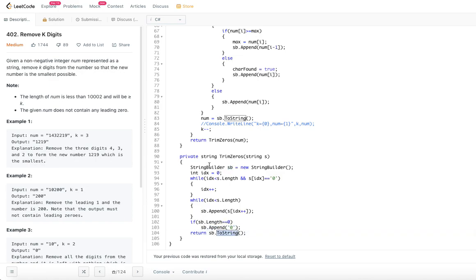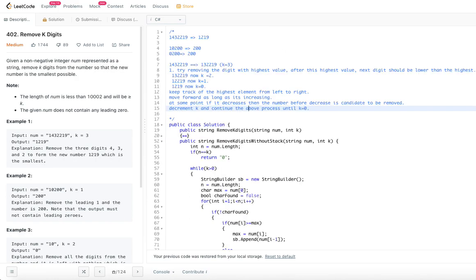If 20 zeros are given in this string, what you are supposed to give is only one 0. That's what is being done here, because this while loop will exhaust the s.length. So trim zeros is a function which removes the leading zeros, and we do that before returning the number.